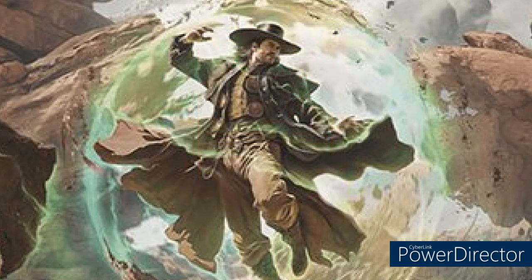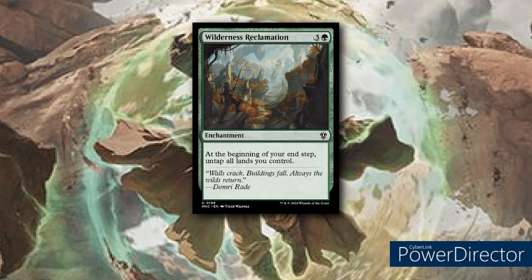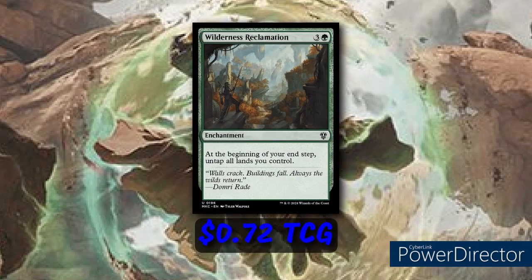And the next is Wilderness Reclamation. It's 3 and a green, for an enchantment. At the beginning of your end step, untap all lands you control. This is going to be super key because it allows us to play all the spells we want to play on our turn without having to worry about saving mana for all the instants to be spent on opponent's turns,